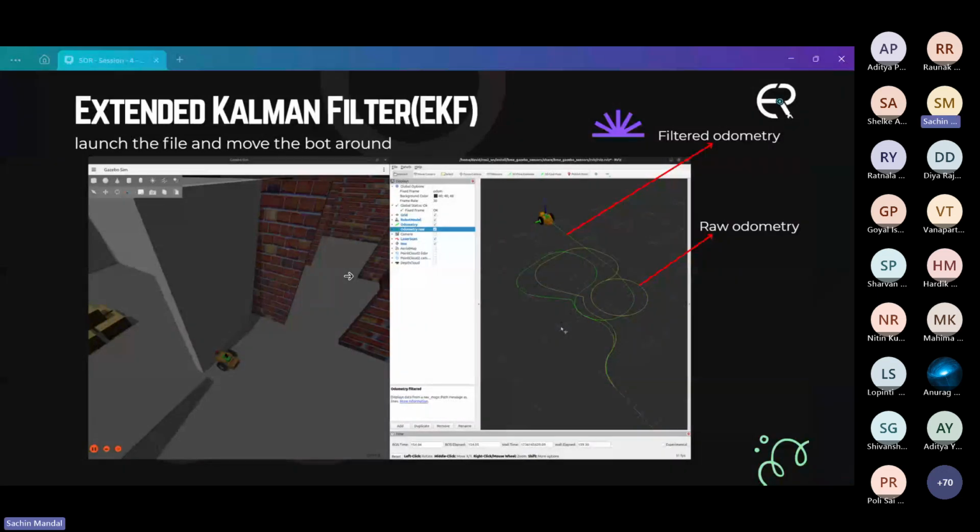We will learn more about EKF and its use cases in localization in the next session. Before we move ahead, let's take a quick look at how far we have come. At the beginning of today's session, we had a robot that could simply move. The first thing to do was to improve the robot itself using a skid steer configuration, making it much more stable, closer to real world robots.